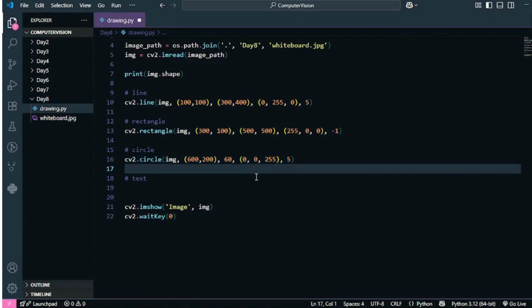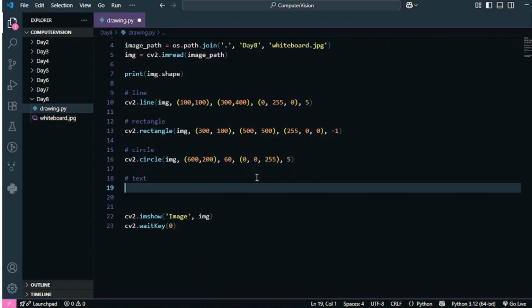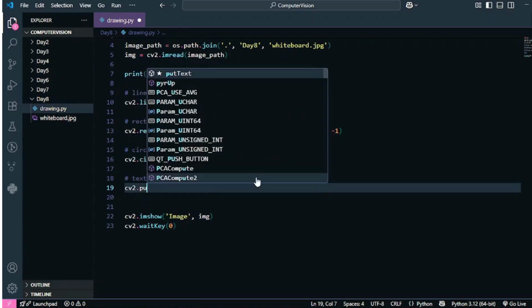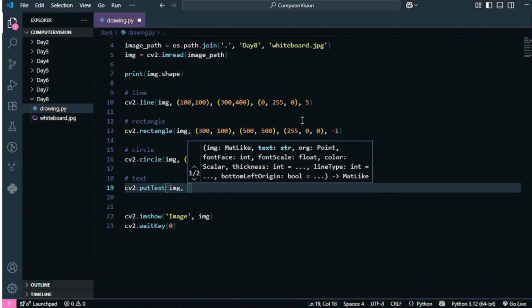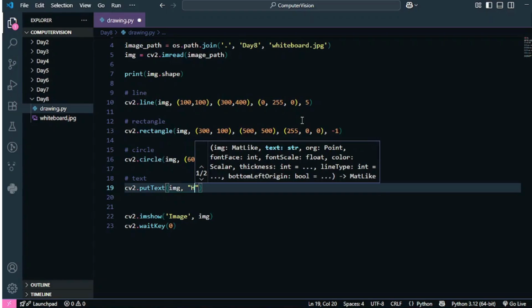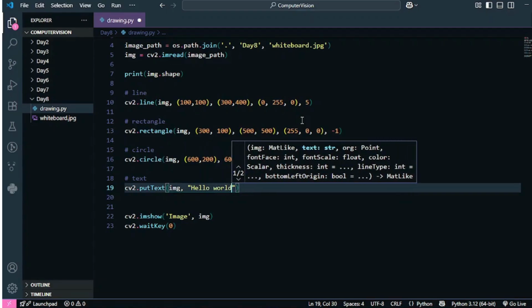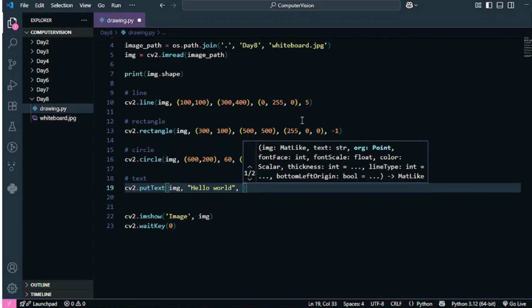Now let's see how we can put some sort of text on the image. Now to do that, we have a function which is called as put text. The first parameter is obviously the image on which you want to put your text. Then comes your text, which is a string. So I'm going to just write hello world. Then I have to write the starting point of the image.